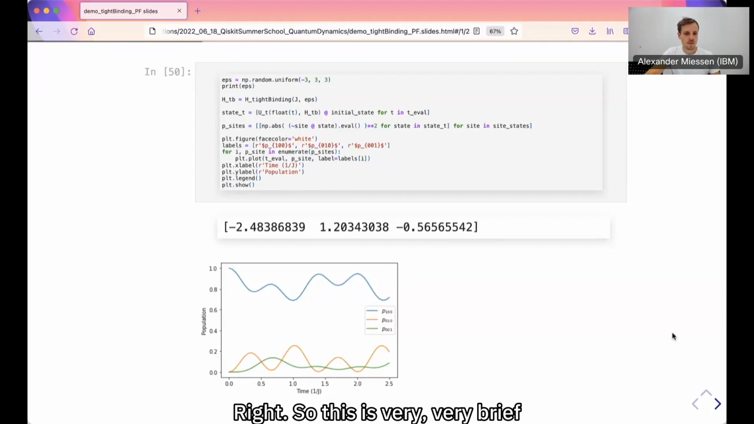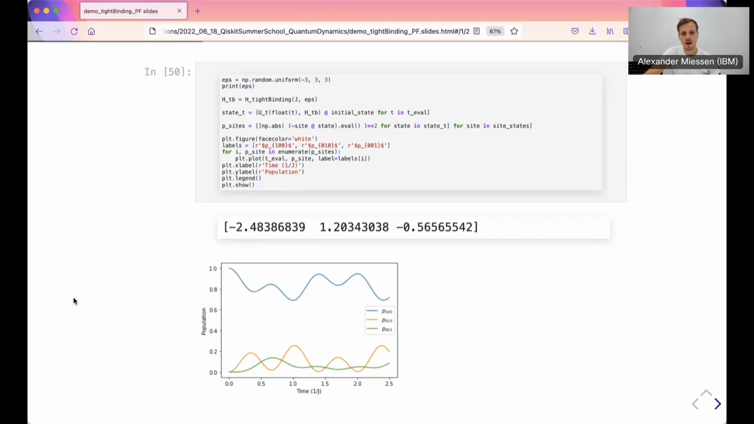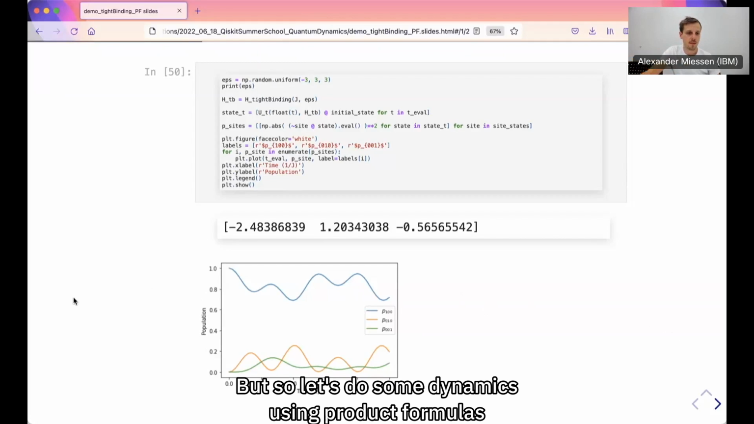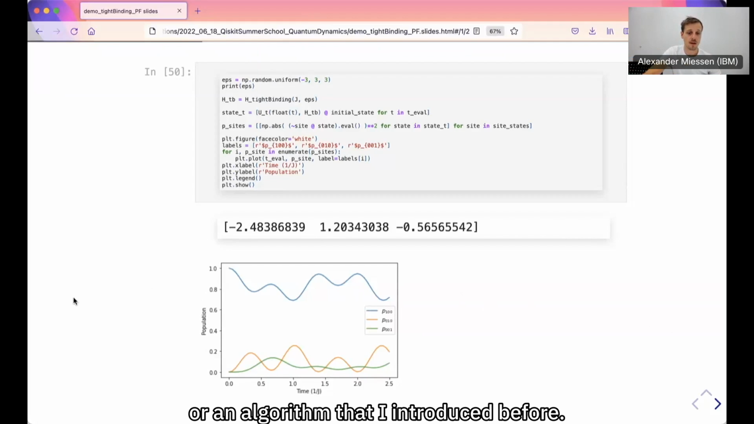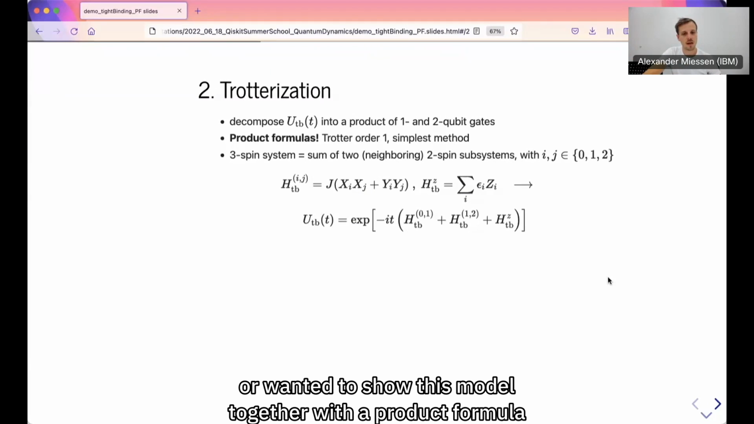Right. So this is a very, very brief and probably also shallow intro into the physics of this tight binding model. But let's do some dynamics using product formulas, an algorithm that I introduced before. So we use trotterization,